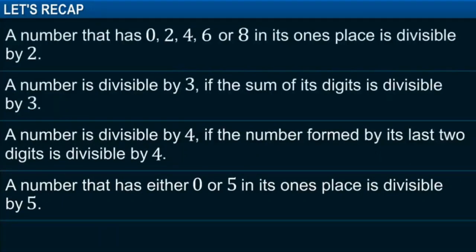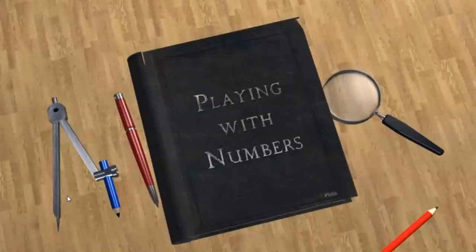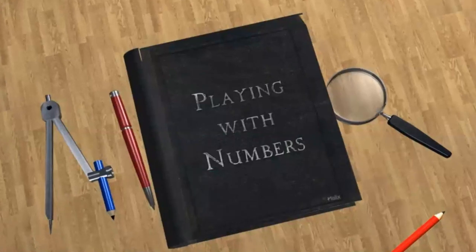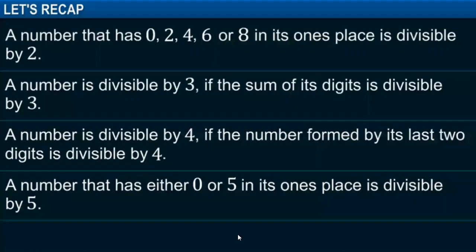Okay, so these are the things that we have studied, that is divisibility by 2, last digit 0, 2, 4, 6 and 8. Now divisibility by 3, you have to take the sum of the digits and check if the sum is divisible by 3. Then divisibility by 4, the last two digits